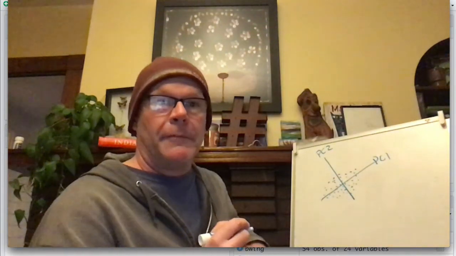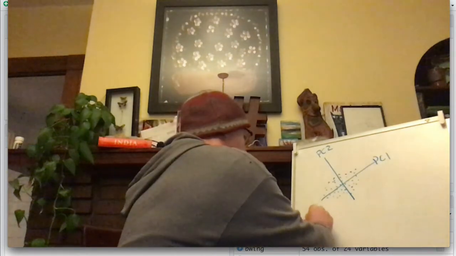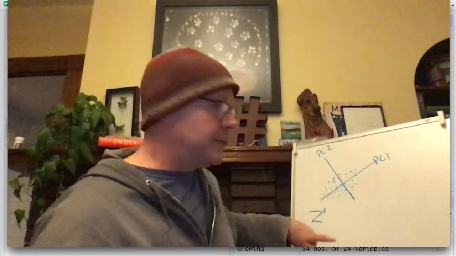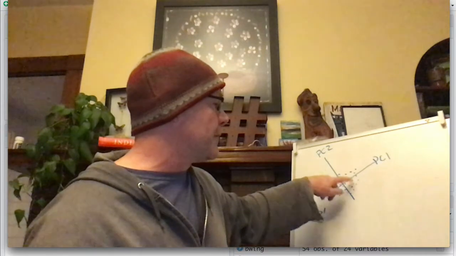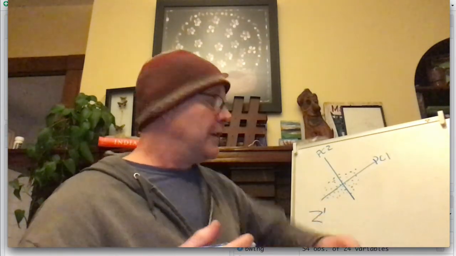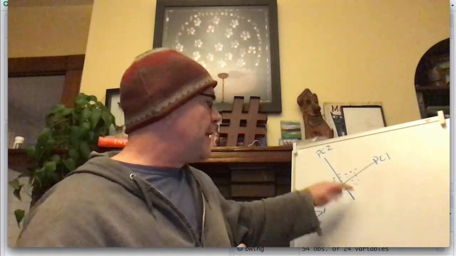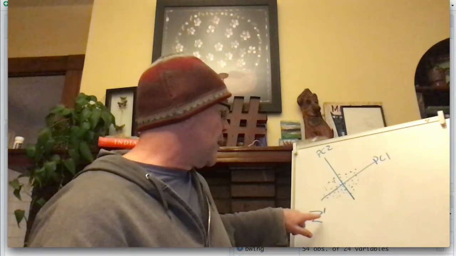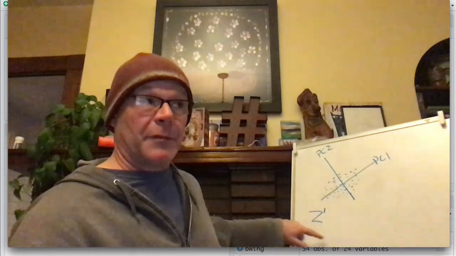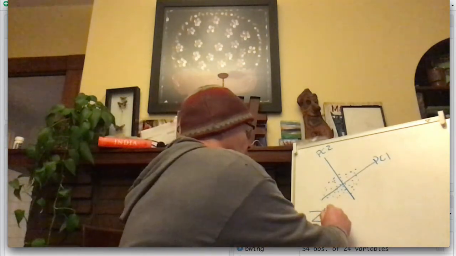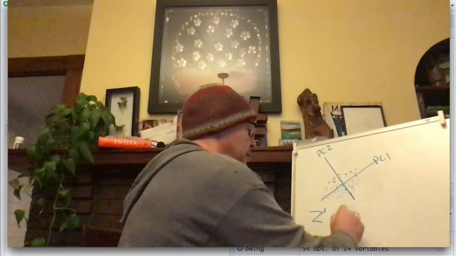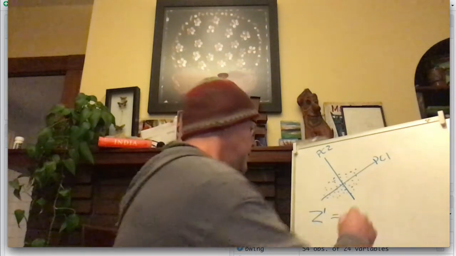So for any given individual, which we can call Z1, that's going to be sample one that I've taken these different measurements from. We're going to construct a model that is going to capture the variation that is explained on principal component 1. So let's just think about principal component 1, and we're going to have these coefficients